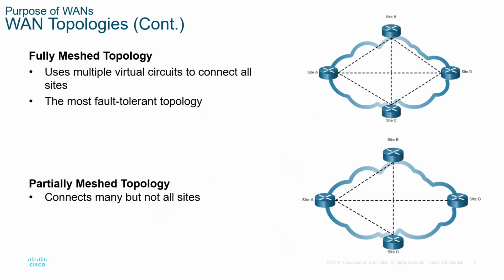Fully meshed topology. What is a fully meshed topology? Everyone connects to everyone. All the routers are connected to every single one of the other routers. Of course, there are many, many benefits of having something like this. You have redundancy at the highest level. If this link goes down, you still have communication with all the other routers. If this link goes down, you still have communication with all the other routers. But the thing is,